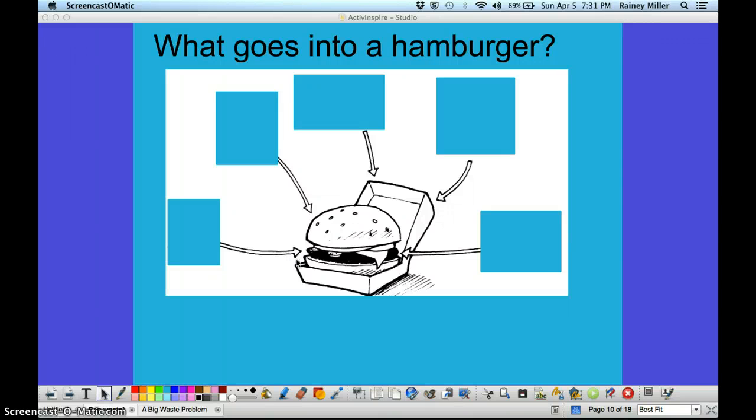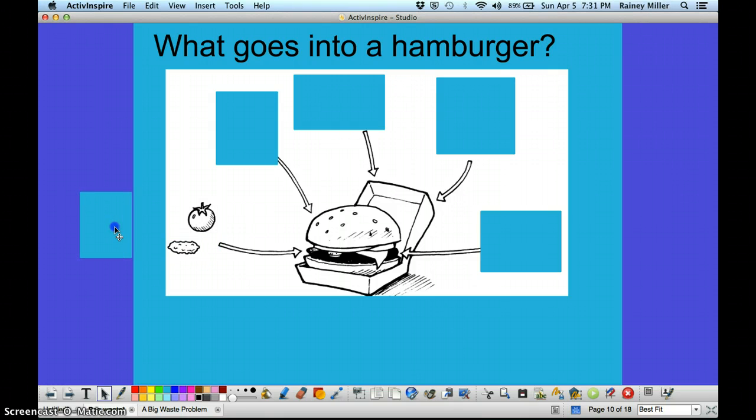I want to talk to you for a second about a hamburger. I want you to maybe think about what actually goes into making a hamburger for lunch, or if you go to McDonald's or Burger King or whatever. First off, you got to think about the different parts of the hamburger. So you have tomatoes and pickles that somebody has to grow,